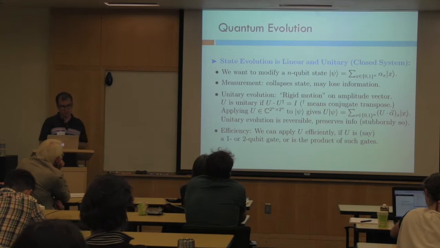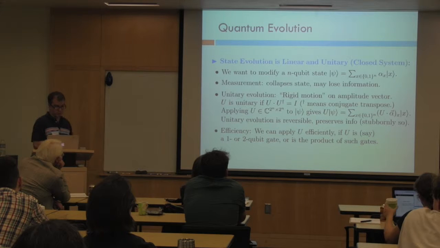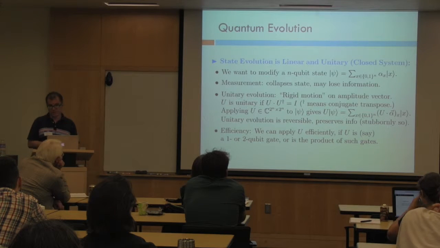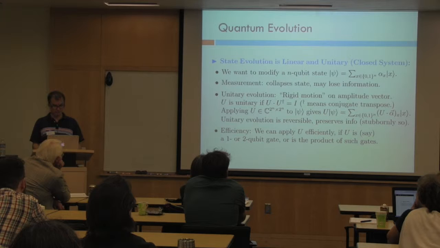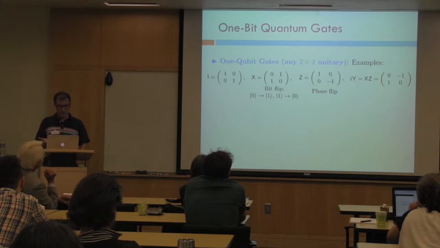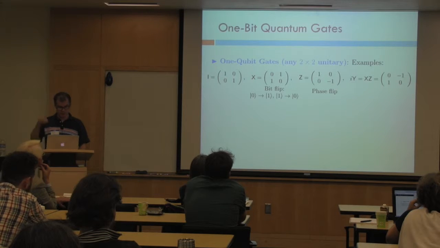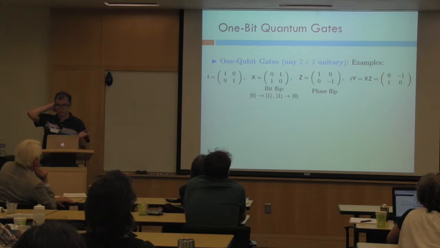But to make it efficient, you have to describe your unitary transformation, or at least this is how we know how to do it, as a composition of very basic unitary transformations that operate on 1 or 2 qubits at a time. Okay. So these are the basic operations of quantum computation. For classical computation, like I mentioned, basically addition and multiplication suffice. So here I'm going to describe a complete set of gates for quantum computation.